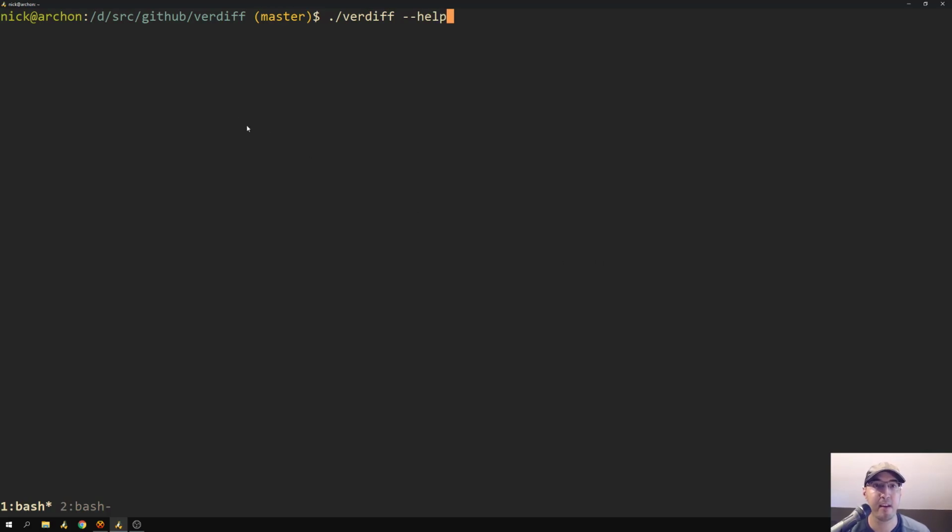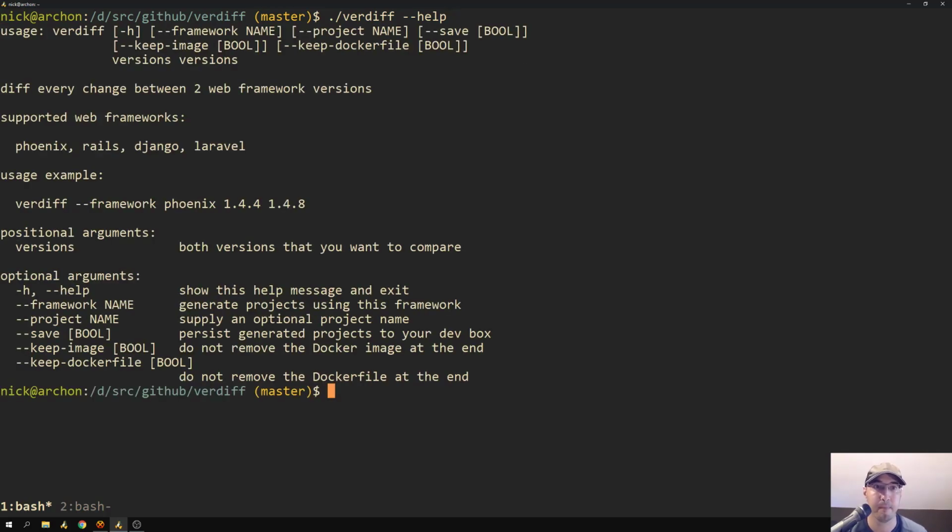So right now I'm inside of the Diff GitHub repo here, which is really just a Git repo, and I'm going to run the help menu for this tool. So it says here that it diffs every change between two different web framework versions, and it currently supports Phoenix,